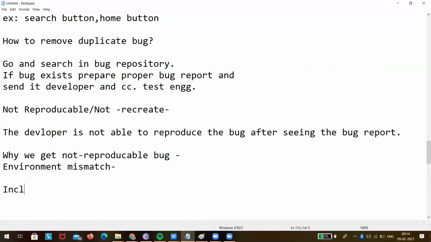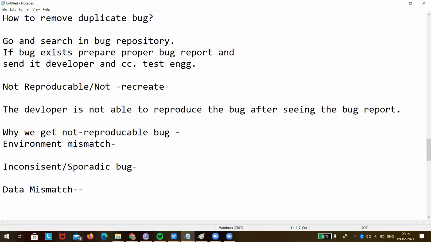There is something called an inconsistent or sporadic bug. Inconsistent or sporadic bug, environment mismatch, data mismatch.